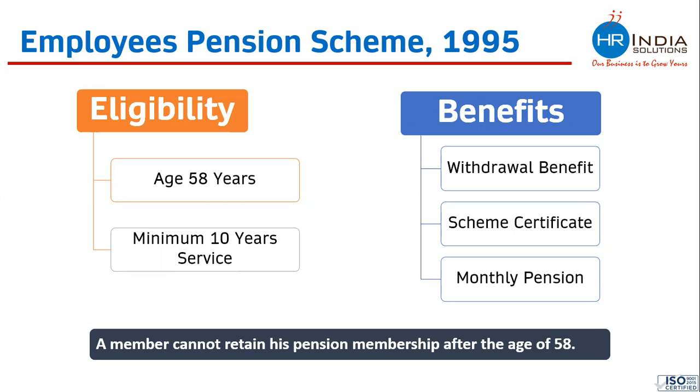So in the pension fund, you cannot contribute beyond 58 years of age. Once you achieve 58 years, you get retired from the pension fund. Understand it this way: after 58 years of age, you cannot remain in pension. You can continue as a PF member, but the amount which was going into your pension fund will not go. This happens mandatorily. Even if you and your employer want, you cannot contribute into the pension fund after the age of 58 years.